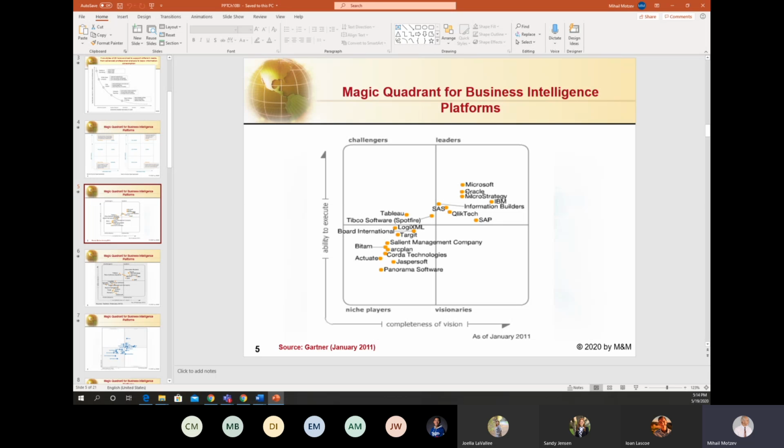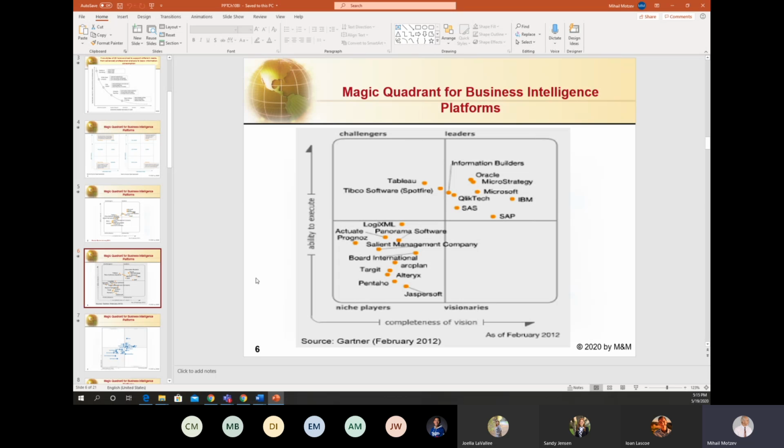Most of them are either in the leading companies or in the niche players, not so much in visionaries or challengers, though there was Tableau. That was just the beginning of its development, and it was a kind of challenger. And now if we go year by year, next year we have even more spread in these 2 areas, niche players and leaders, still not much in visionaries.